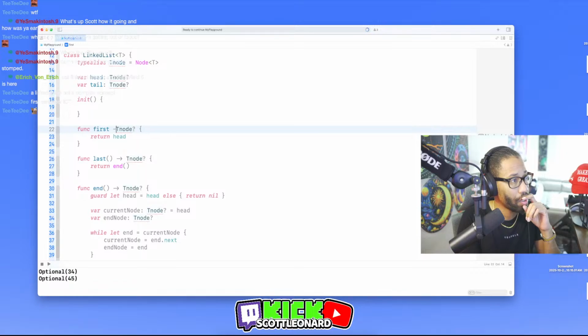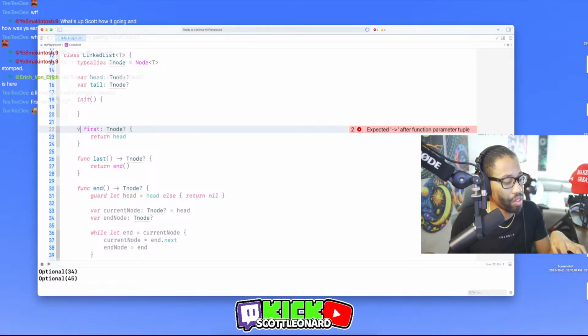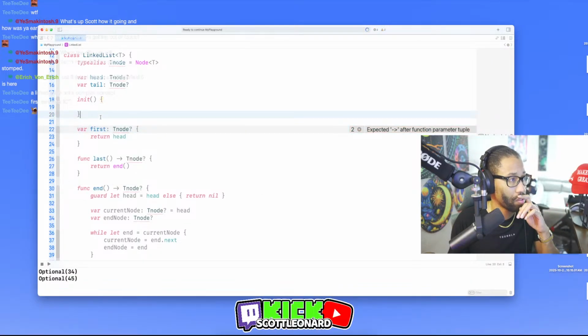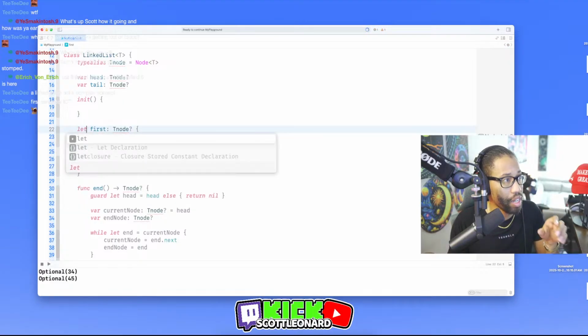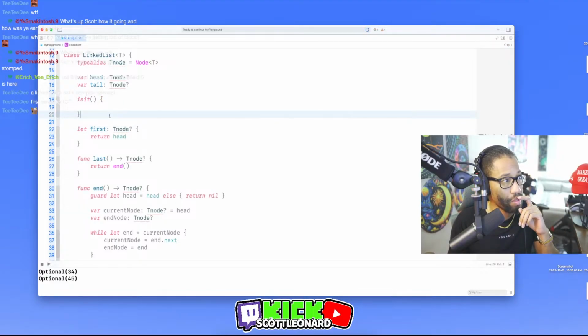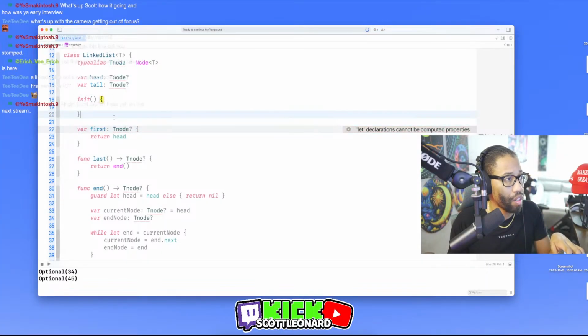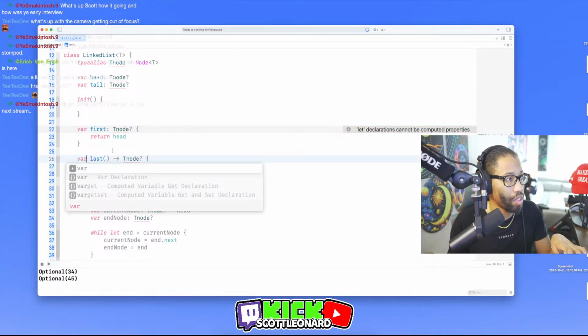We can get rid of this, do that, make it a computed property. Change this to var. And in fact, can we make this a let? Can't remember if you can do constants. Yeah, you can't do constants. It's computed. Change this to a var.